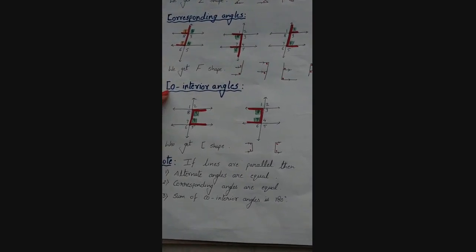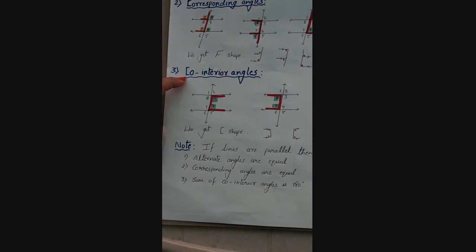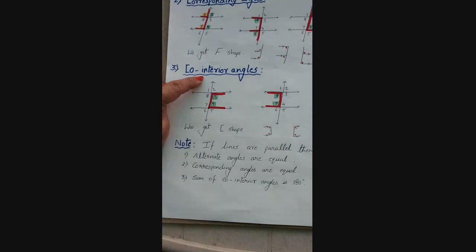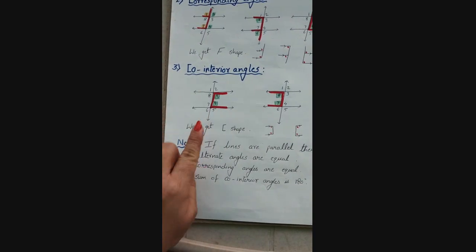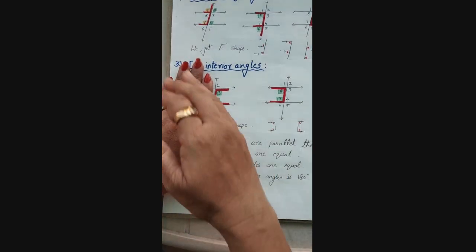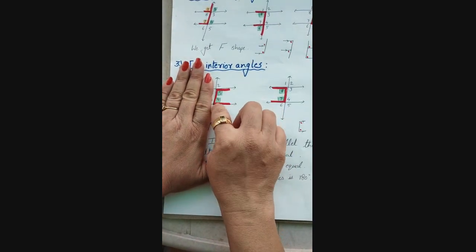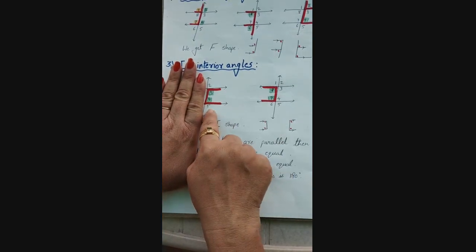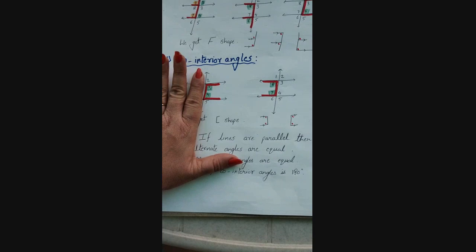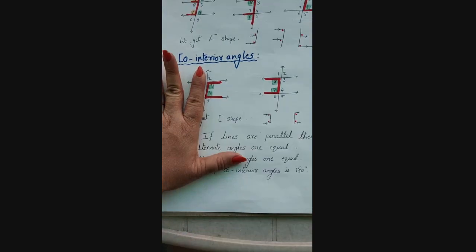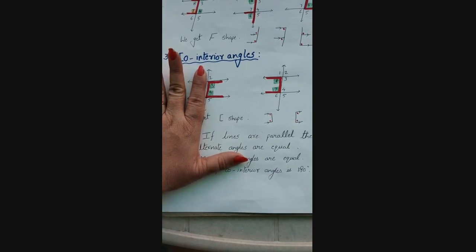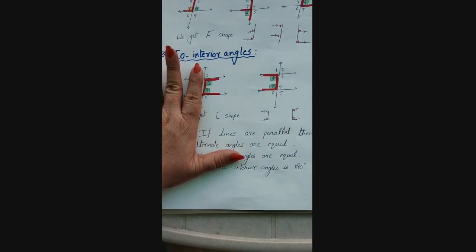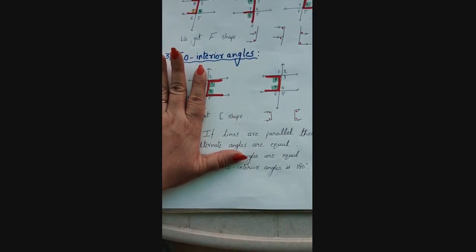And the next one is co-interior angles. This is not a bracket, this is C. This is useful, that's why I have written C in a different way. So co-interior angles. This is your transversal line. If I hide one side, on the right hand side, the sum of 2 interior angles on one side of the transversal line, these 2 interior angles are called co-interior angles. So 3 and 4 are called co-interior angles.